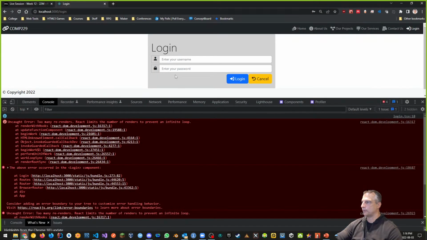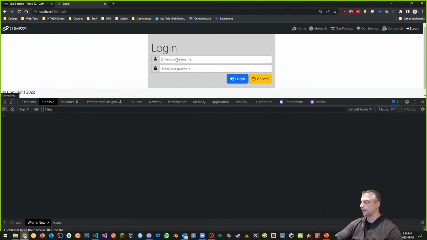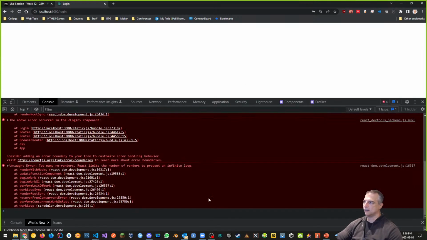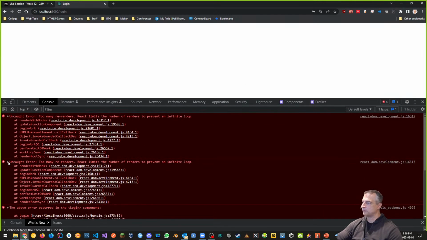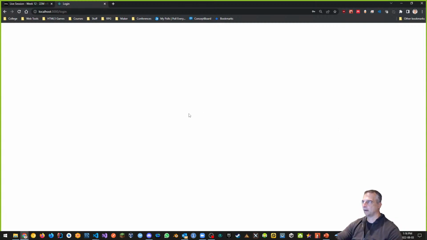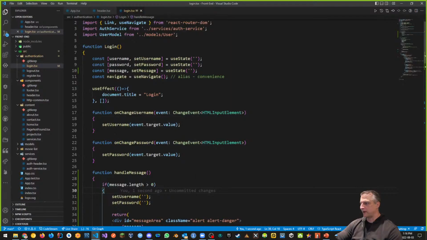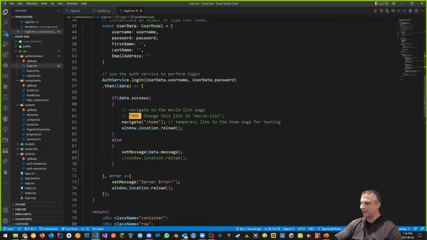Let's try that. So back to this, refresh, and let's try making that message happen, right? And if I click login, well, we have that same problem, right? Because it says too many re-renders. Okay, all right. So what if I went to here, and what was the problem before? When we did this window location reload, right, stuff, when we thought about that,